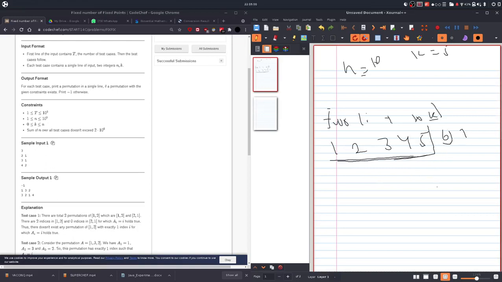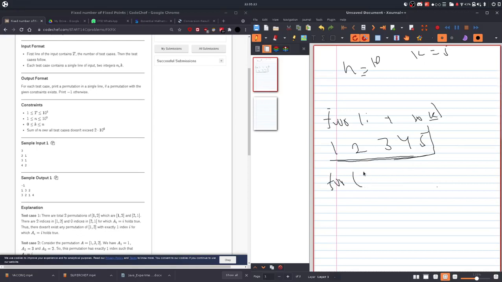So now what we have to do is just alter the values which are after this, because if we print 6, 7, even if we print one value which is already at its place, then the whole answer will be changed and the output will be wrong. So we print the values which are correct till the position k, and then we just alter the values which are after k.